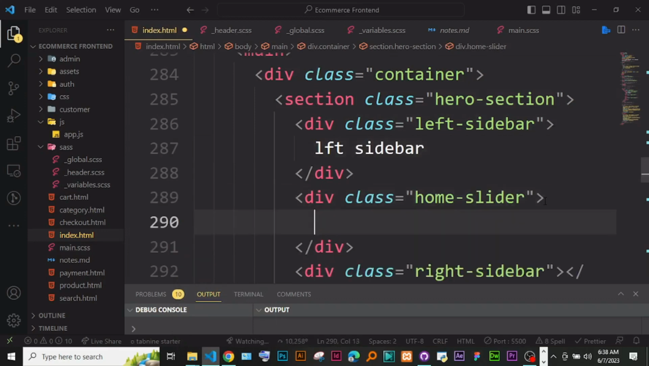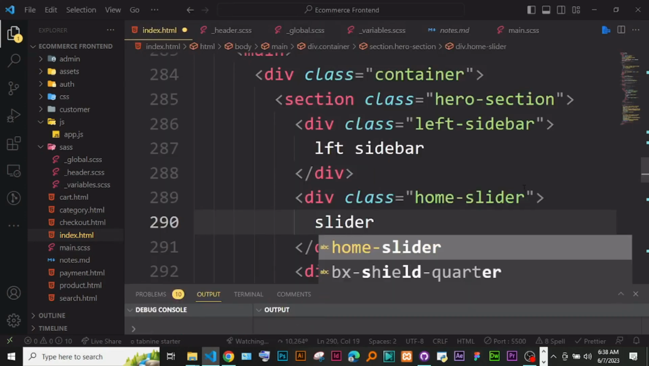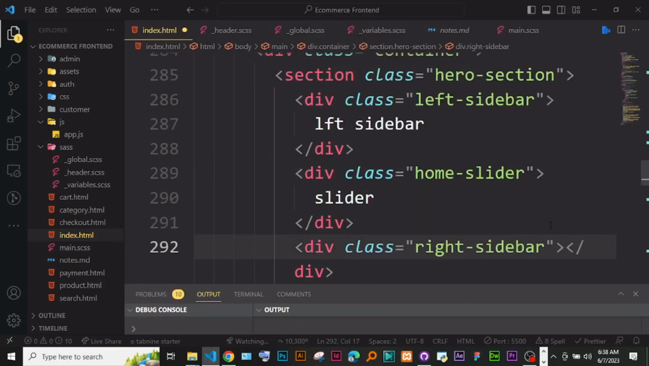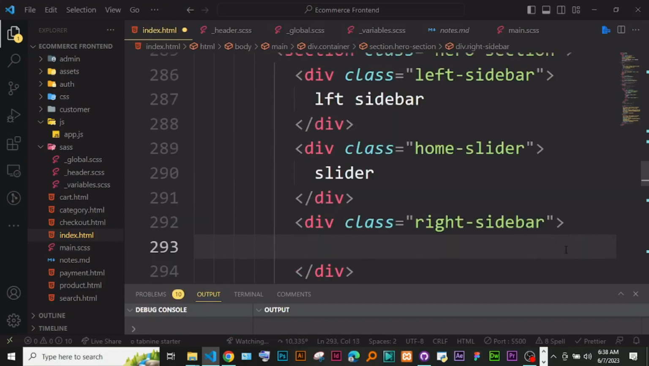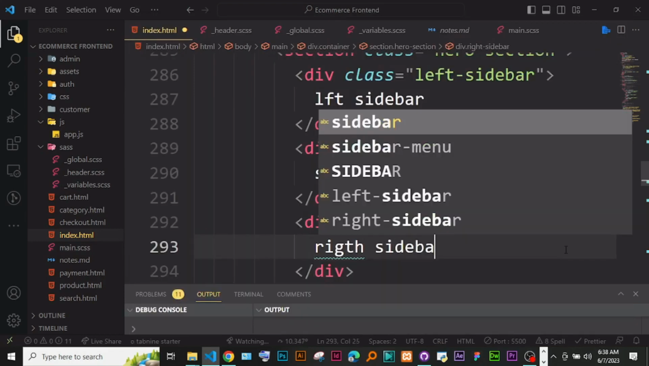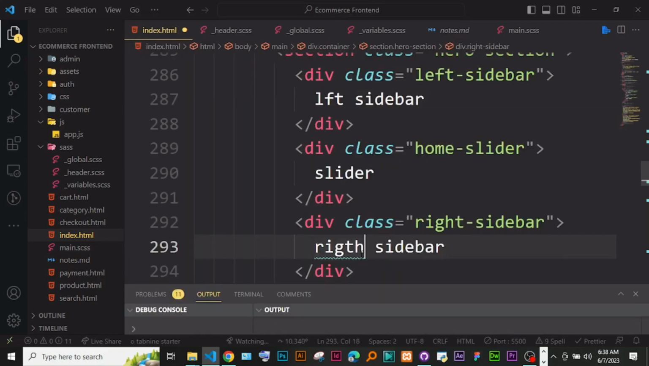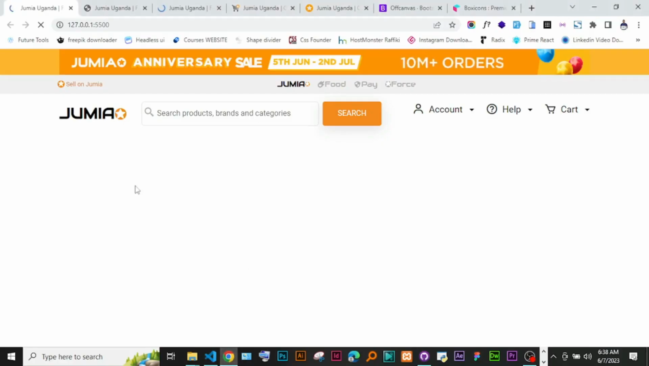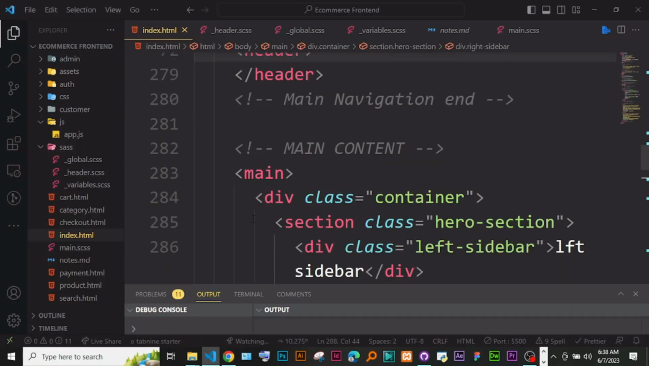Let me just say slider, and let's say this is right sidebar. As simple as that. Okay, let's go ahead and check. So right now you see they're just in a column. So if we just want to